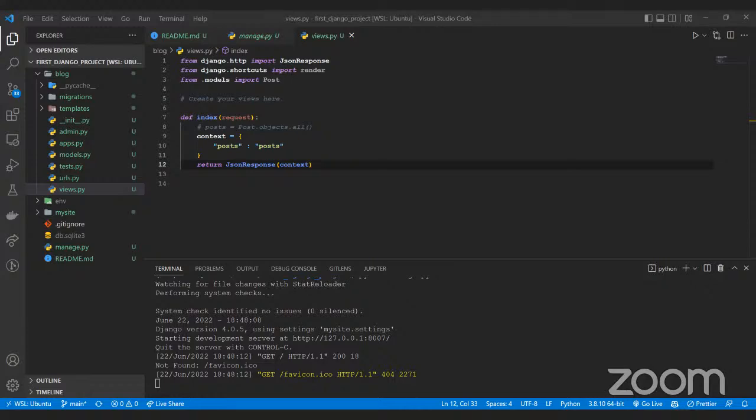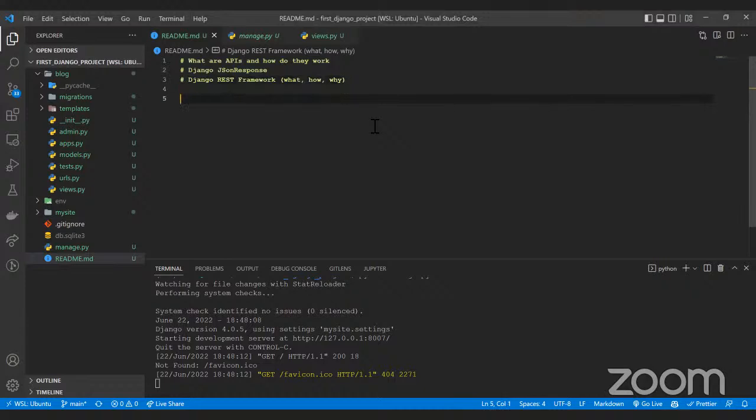The most common format is JSON. Another way you can represent your information is XML, or you can even send plain text, right? But the most common one is JSON. JSON is JavaScript Object Notation. An object notation is something like having